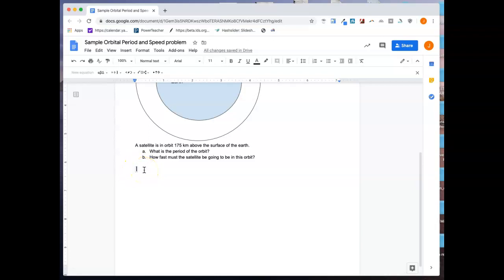So I'm going to type my equation for the period of a satellite. So I'm going to put a T equals 2, and then I need a times pi. So I'm going to come up here to the Greek letters, insert my pi, then I need a square root. So I'm going to come here, click square root, and it has to be a fraction. So again, I come up to the math operators and see right here I've got my fraction,